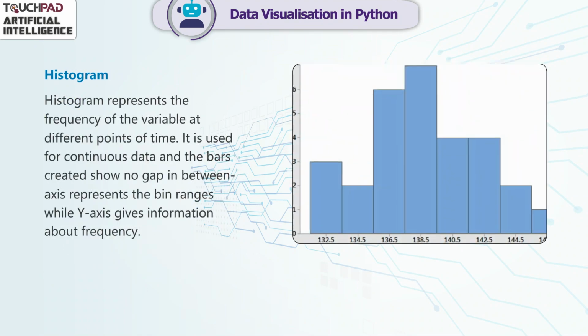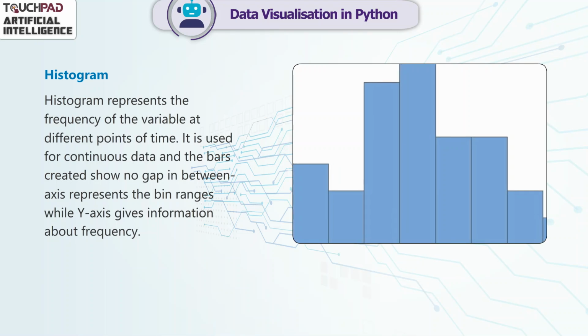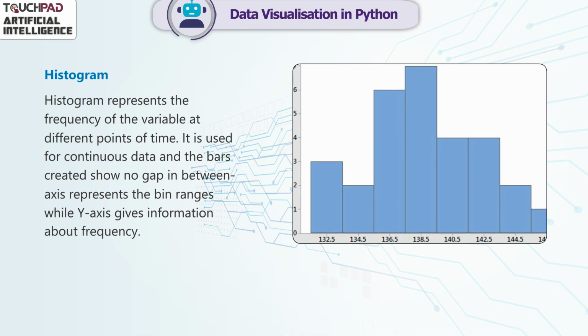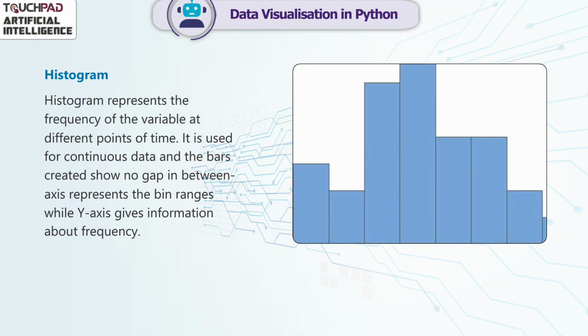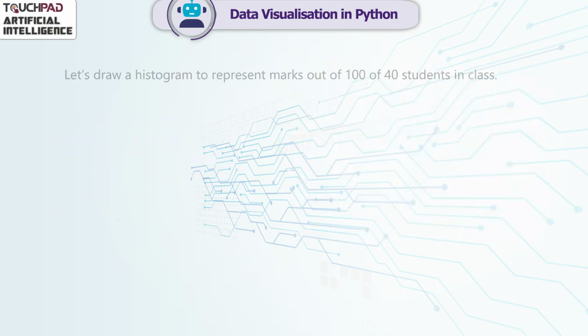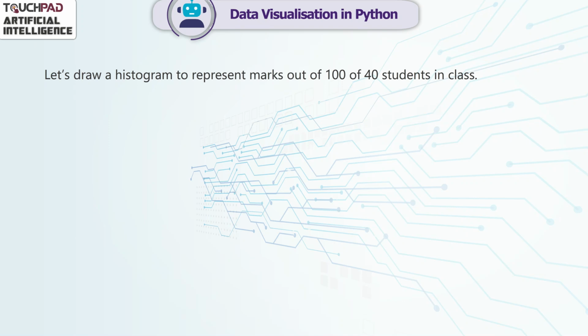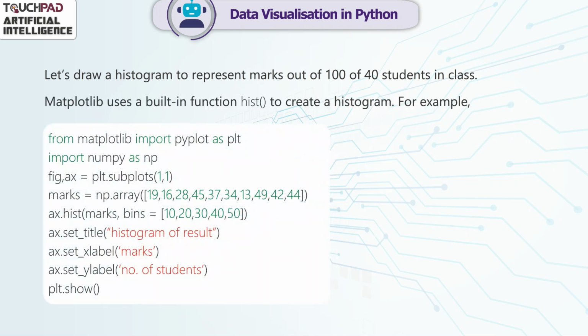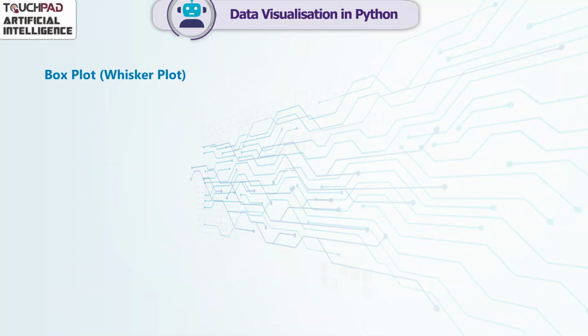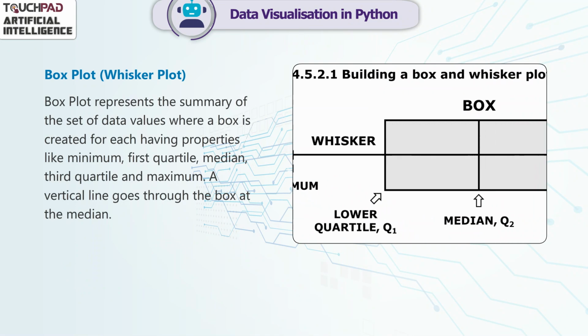Histogram. Histogram represents the frequency of the variable at different points of time. It is used for continuous data, and the bars created show no gap in between. The x-axis represents the bin ranges, while the y-axis gives information about frequency. Let's draw a histogram to represent marks out of 100 of 40 students in a class. Matplotlib uses a built-in function, hist, to create a histogram. For example, the output will be